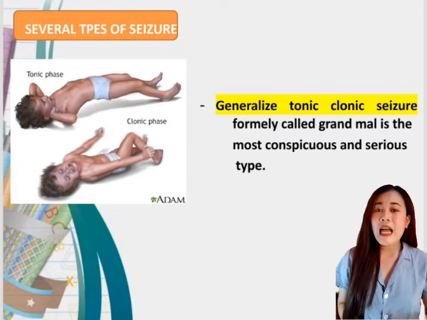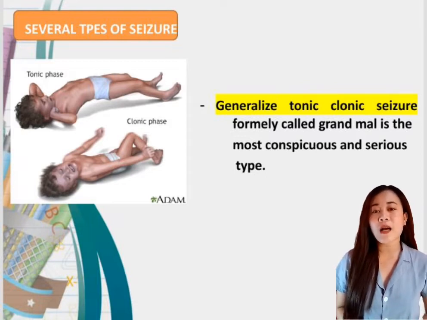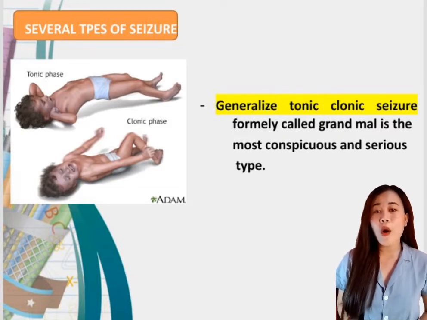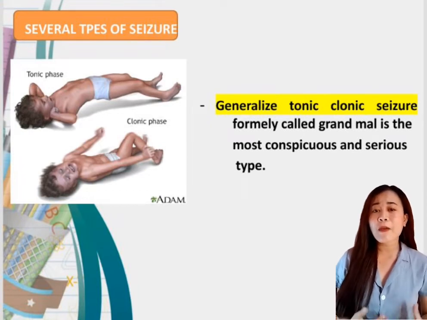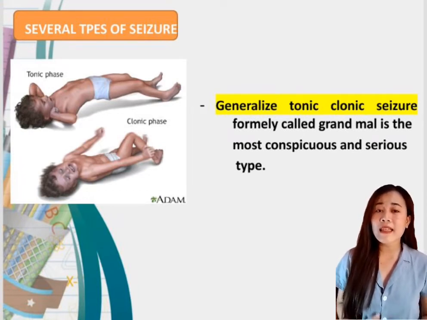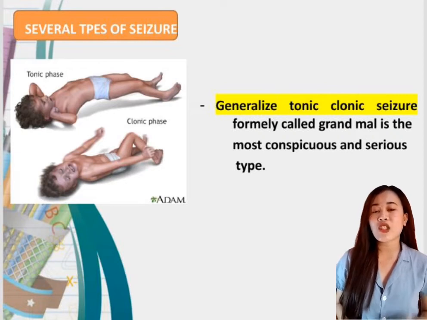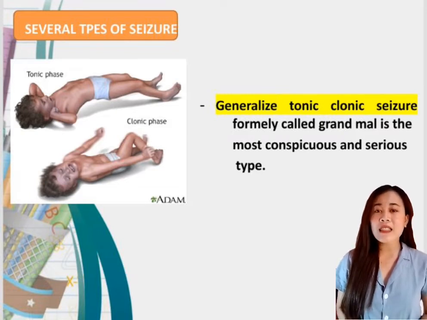The muscles of the affected child become stiff, and the child loses consciousness and falls to the floor, then the entire body shakes violently. Saliva may be forced out of the mouth, legs and arms may be jerked, and after 2 to 5 minutes, the contractions diminish and then the child goes to sleep. This type of seizure may occur as often as several times a year or once a year, and is more likely to occur during the day than at night.